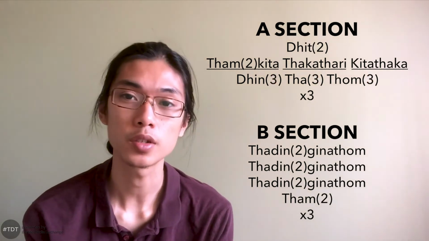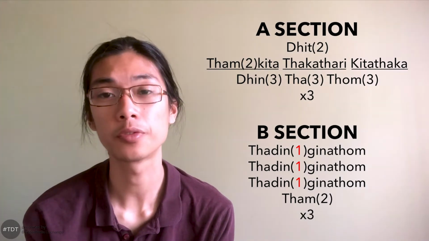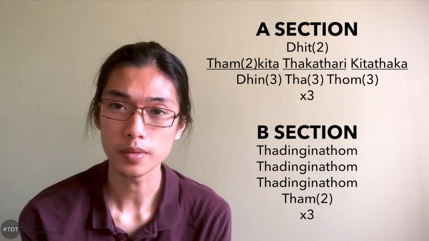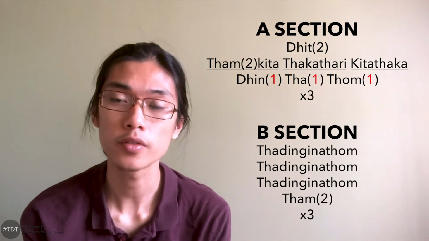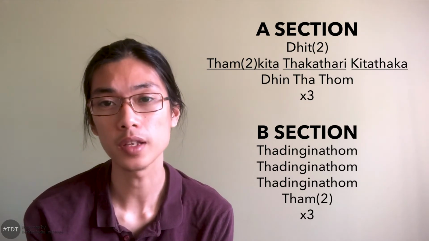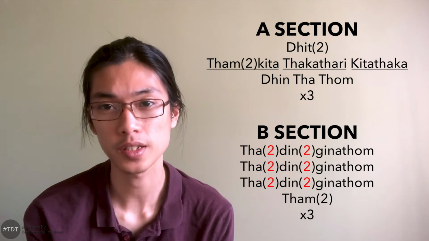And in the B section, we're going to reduce 1 from our phrases of 6, so that they become phrases of 5. In the second variation, we're going to do the opposite. So we're going to reduce 3 from our phrases of 6 in the A section, so that they become phrases of 3. And in the B section, we're going to add 1 to our phrases of 6 so that they